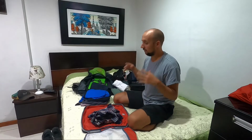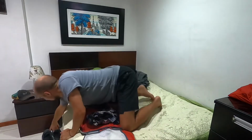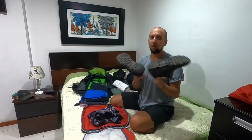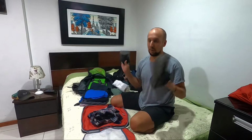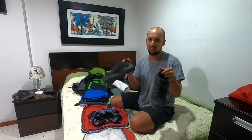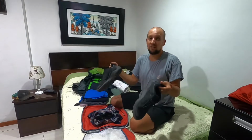What I'll be wearing on my feet is trainers, so that's it down here. I've got these Adidas Terrex trainers, which are really good. They're so comfortable, got good grip, and I wore these on the Lost City hike. If I'm going on a hike, I'll wear these, and they're just comfortable to wear walking around the city,